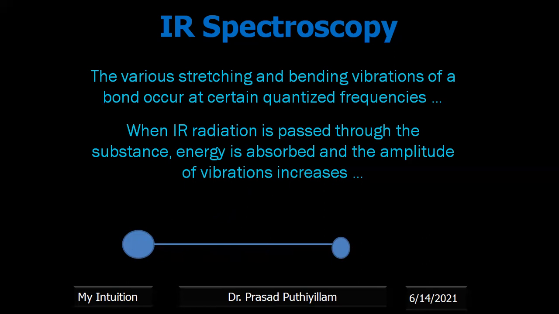Most of the vibrations will not break the bond as such, but they will absorb maximum IR radiation to undergo stretching or bending vibration. So the more IR radiation is absorbed, the lesser will be transmitted. For individual atom bonds, whether a hydrogen bond or carbon-hydrogen bond, this vibration should create a dipole moment. There will be a change in polarity, and it creates a dipole moment; then only it can absorb the energy. If that dipole moment change is there, it will absorb, the lesser will be transmitted, and we can analyze the sample.